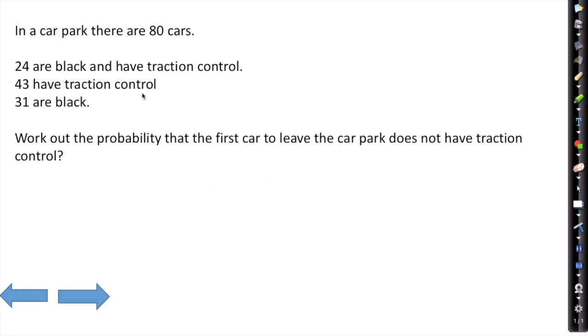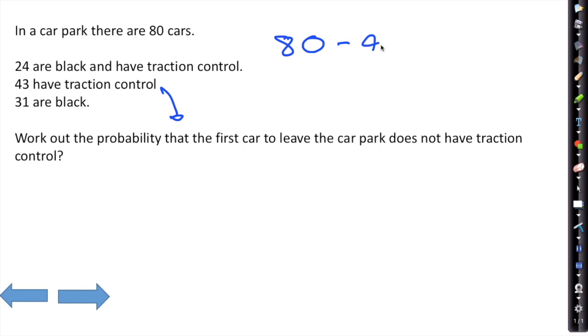So this problem is looking at a Venn diagram problem with 80 cars, 24 black and have traction control, 43 have traction control, and 31 are black. It might look quite obvious at first, but it's actually incorrect to use this statement and say, well, if there